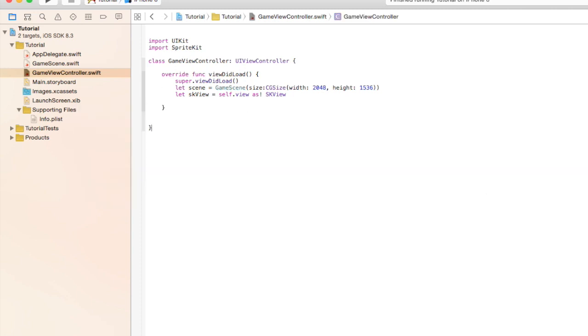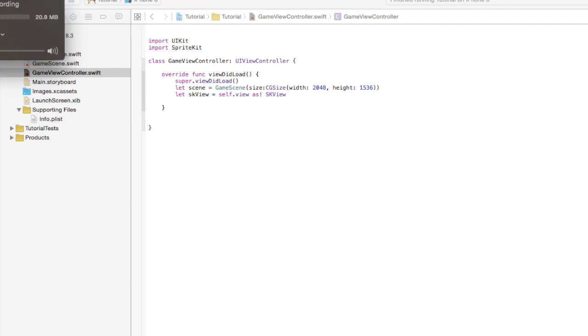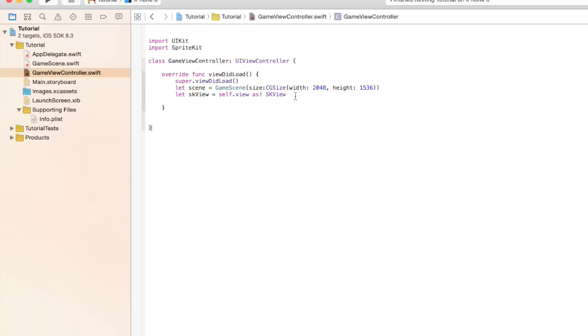Alright, let's see. Oops, I have to do that here. Okay, so let's go down here. Let's see. SKView dot show FPS. Did I spell that wrong? I did spell it wrong. Look at that, I'm stupid. Alright, SKView.show, I still spelled it wrong. Let's see. Alright, show FPS